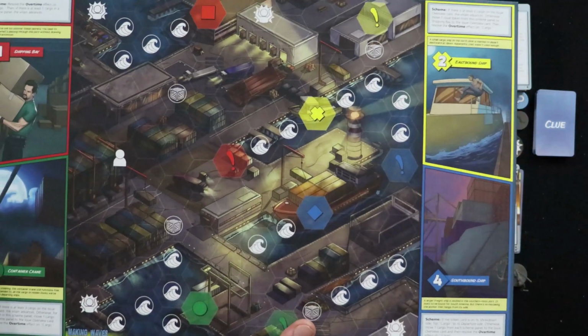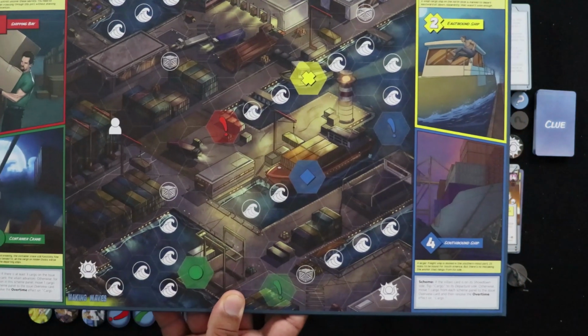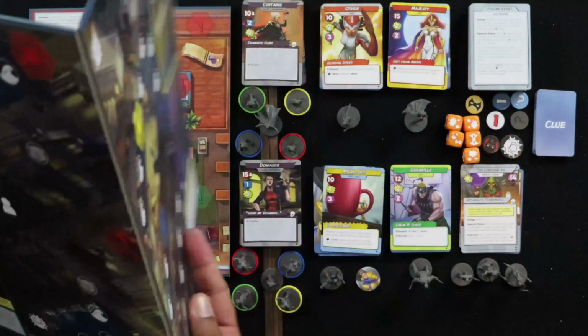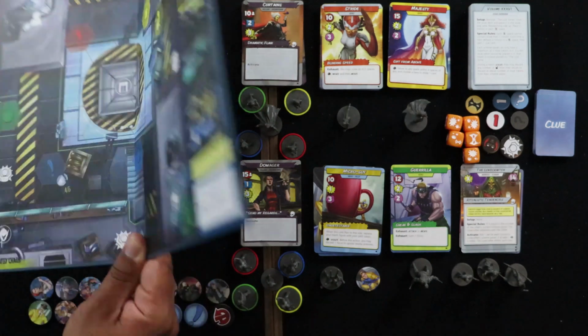On the back here is Making Waves. You've got the scheme panels, which relate to these sections of the board. Location for peril tokens, starting spot, and then you may have some crates and other things that are specific to the map. I'm just going to move that off for a second while I take a look at the other